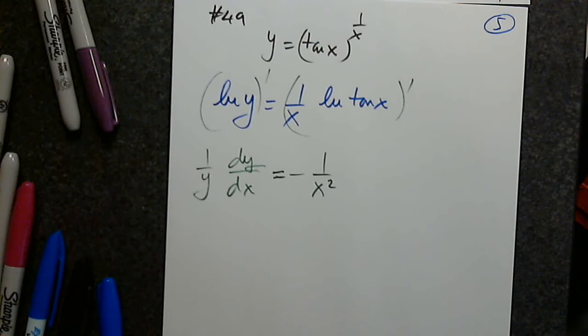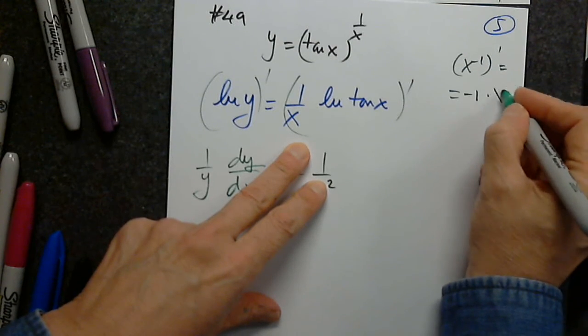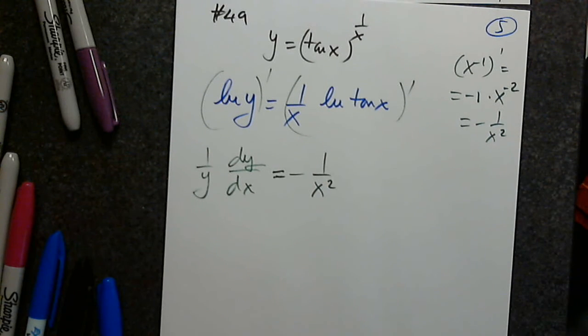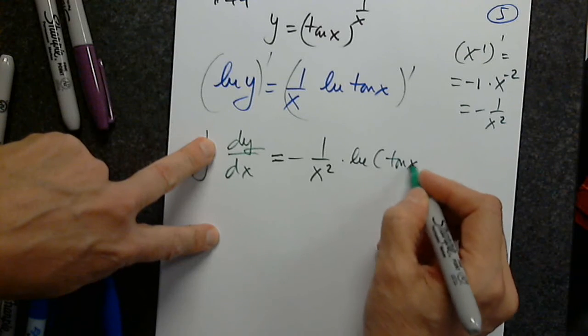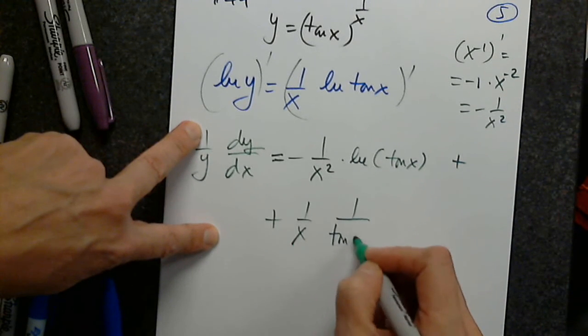How will you differentiate this? First, you have to change it into x to negative 1, and then you have negative 1 times x to negative 2. There is no need for that if you remember that the derivative of 1 over x is negative 1 over x squared. So times natural log of tangent x,